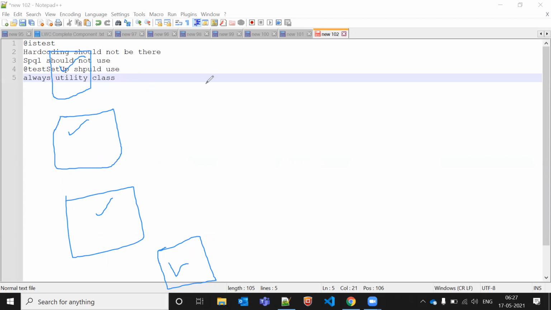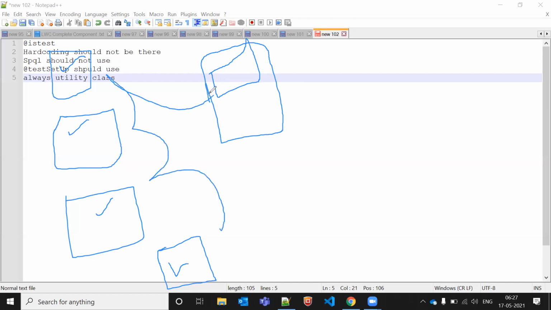Why am I not creating one separate class here? In that class I will create the contact, account, whatever data I need, and I will call the same method in this one and this one, and it's one line of code. It's like a full bucket here, like 80 lines. So the method name is one. We don't need to call all the lines, we will call only the method name, and automatically all the lines will be covered. That is a utility class.